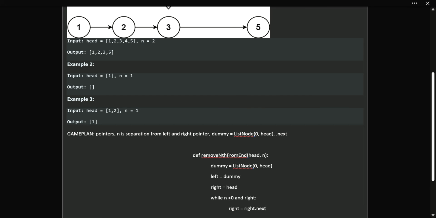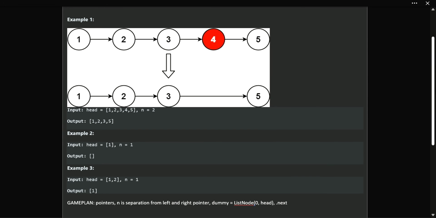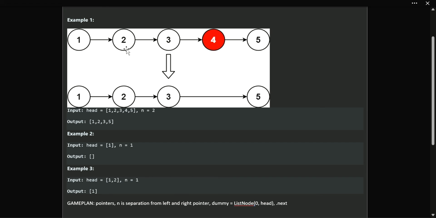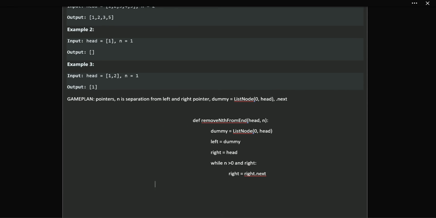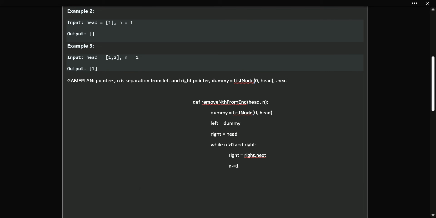So whatever the next thing is for the right one, so it's at the head. So we'll just go head to here, to here, to here, to here until the n is at 0. And of course we got to bring the n down to 0, so we got to go n minus equals 1. So that'll get our right in the correct position for the starting position. So once we got the correct starting position, it's time to jump in one more loop here, and this is going to go until right equals null. So we'll say while right,